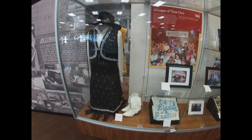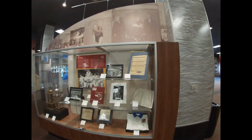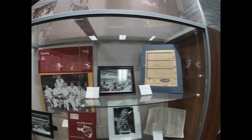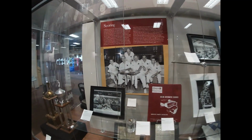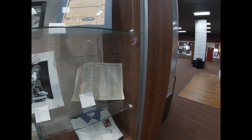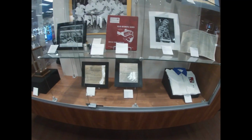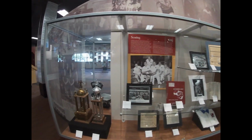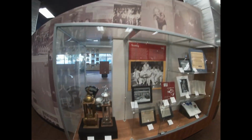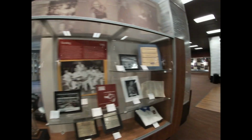And then they had an exhibit with some rolls of film showing that 16mm film featuring the first World Series of National Bowling League. They have approximately 1,400 films in the museum's film collection. One copy had been digitized. However, the majority of the collection still needs to be digitized. The mission of the museum's Frame for Frame project is to preserve the rich history of bowling conserved on the deteriorating film collection. And it's too bad that they did away with that exhibit, because that would be something you'd want to have there so people could maybe donate, because they said you can help save these important films by visiting our website at